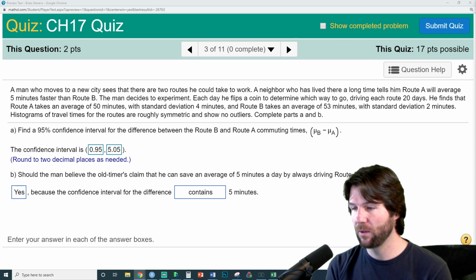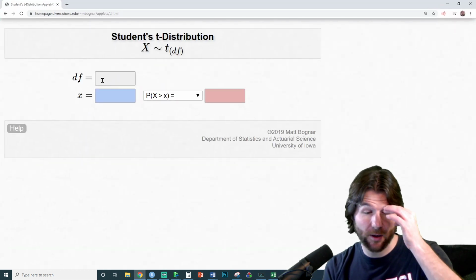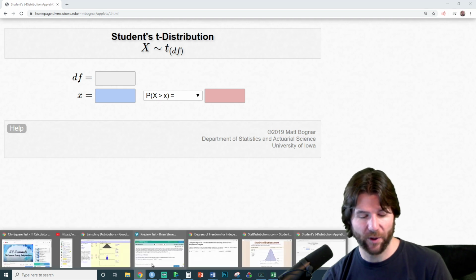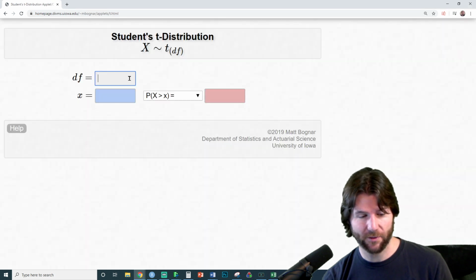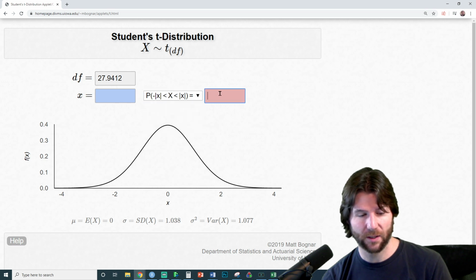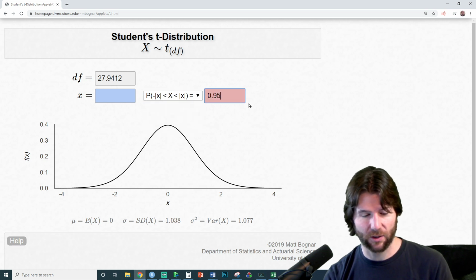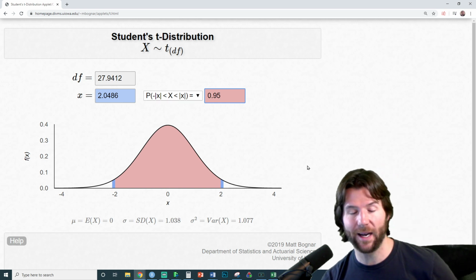If I were to show you the applet right here, and I were to take my degrees of freedom, let's go grab our degrees of freedom. So here's the degrees of freedom. And I were to construct a 95% confidence interval in this applet right here, I'd have to go to the between numbers on it. And I think that's the outside actually. Oh no, it's the between. So now this one gives me 4 decimal place accuracy on it.